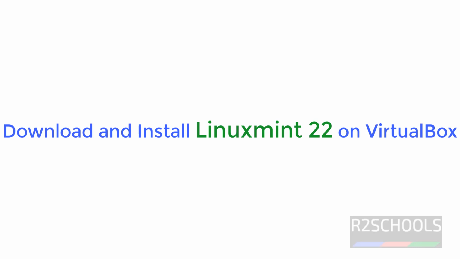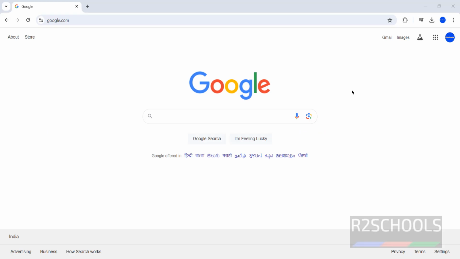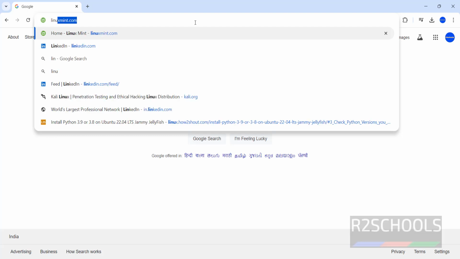Hello guys, in this video we will see how to download and install Linux Mint 22 on VirtualBox. Linux Mint 22 is the latest version released at the time of making this video. First we will download, then we will install. Okay. So to download, go to the Linux Mint official website, that is